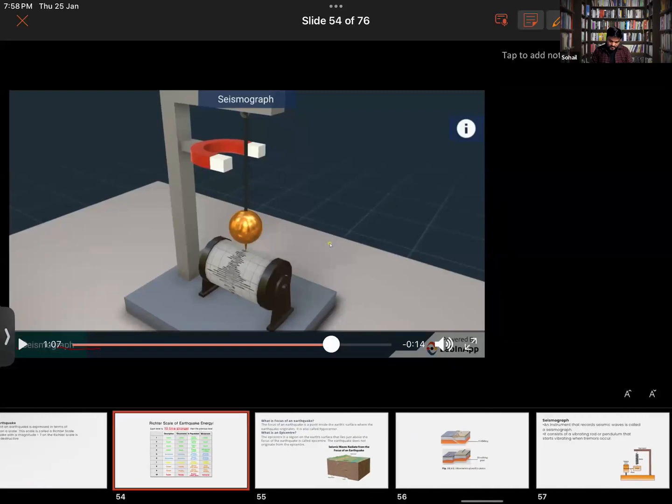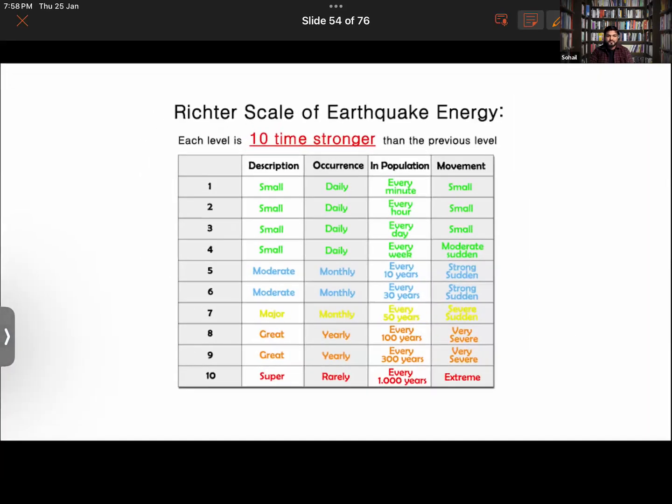Sir, it is a scale used to measure the earthquake's magnitude. Exactly, so basically it is a scale on which we express the magnitude of the earthquake, right? It's a series of numbers, actually from 1 to 12 in some cases. Okay? Just like the decibel scale is there to measure the loudness of a sound,